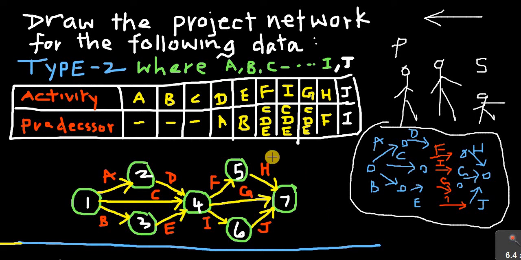So like this we can draw a diagram for the logical sequence given to us. This is the way we can draw a project network, which is the basis for any network analysis. So with that we are coming to the end of